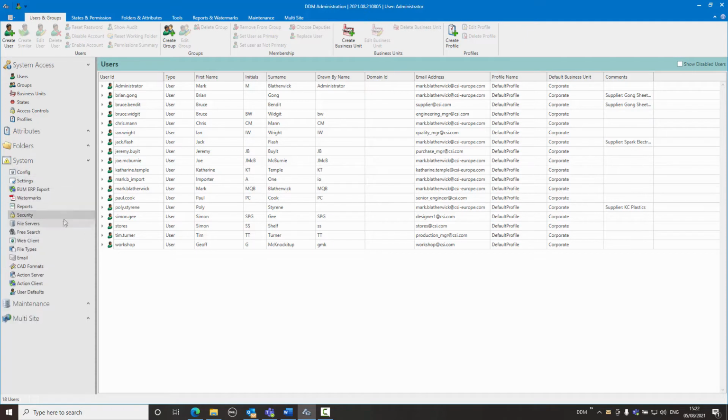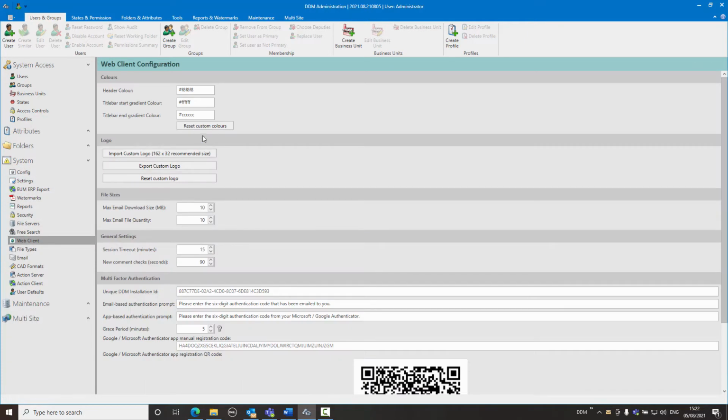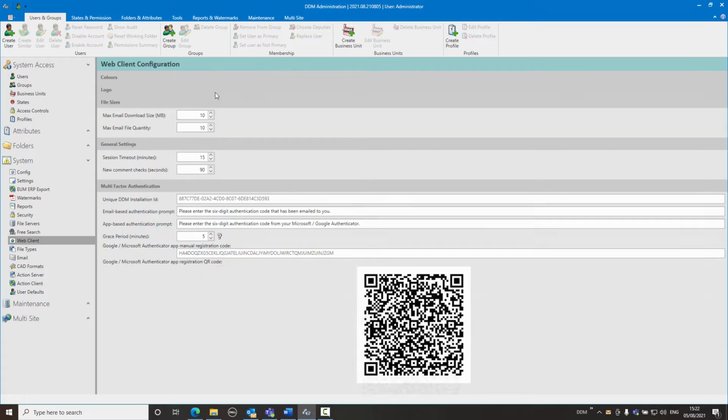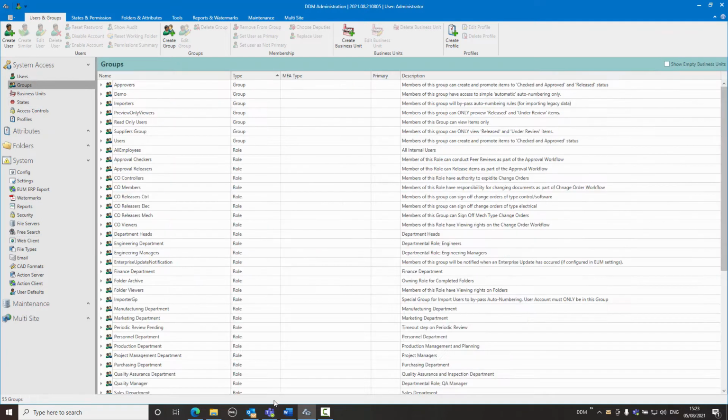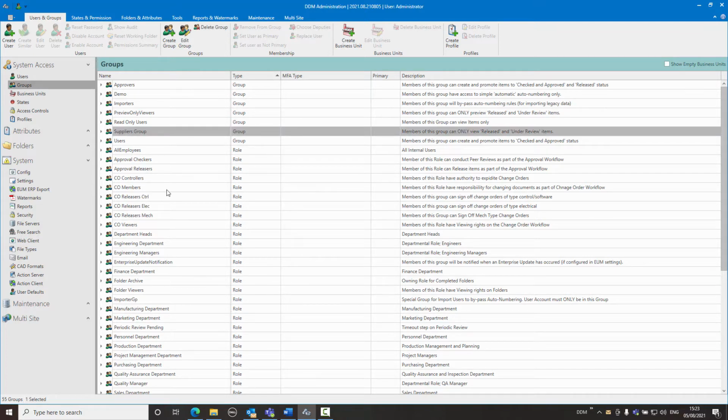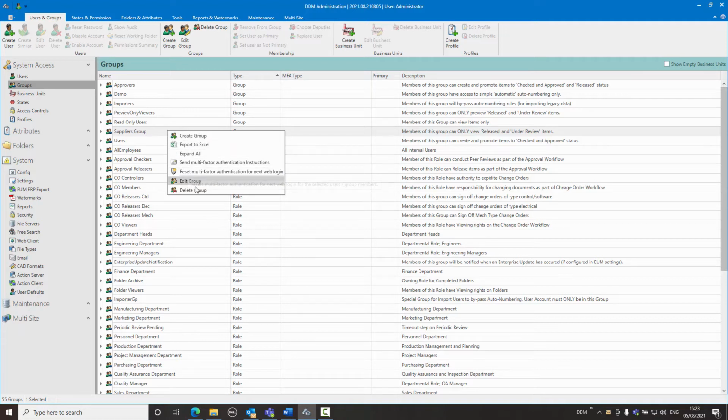So if we have a look under System and Web Client, then in this section down here, we can see the multi-factor authentication. I'll come back to this in a minute. So multi-factor authentication is not set up against the user's individual accounts, it is set up by group. And in my case, I have a supplier group for whom I want to set up the requirement for multi-factor authentication. So if I edit this group,